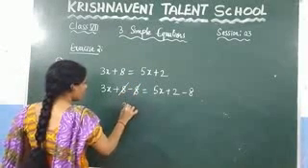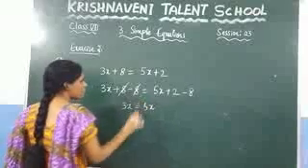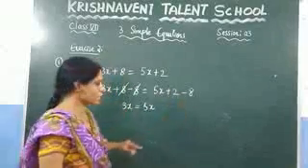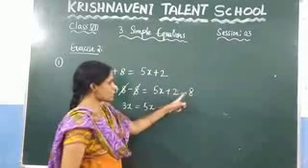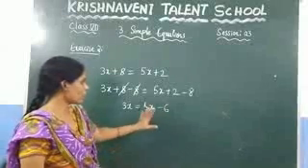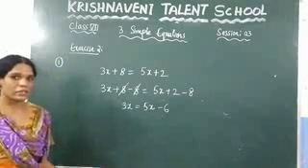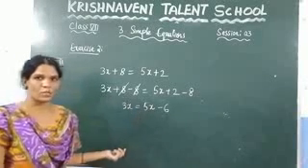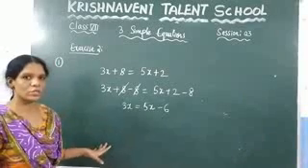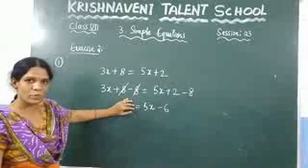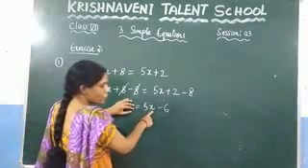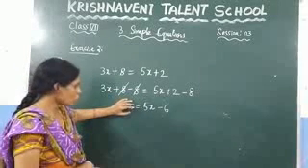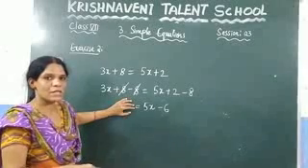So here you are getting 3x is equal to 5x. You know that minus 8 and plus 2. What is the value of 8 minus 2, which is 6? Since the bigger number has the minus symbol, you need to keep it minus. So 5x minus 6. Now here what we need to do, we need to find the value of the x. So here we should not change the position. If you don't want to change the position here, we need to remove this also, because if you remove this only, then you will get only one x, so that you can find that x value. So here plus 3x is there. If you want to remove this one, what we need to do, you need to subtract 3x.